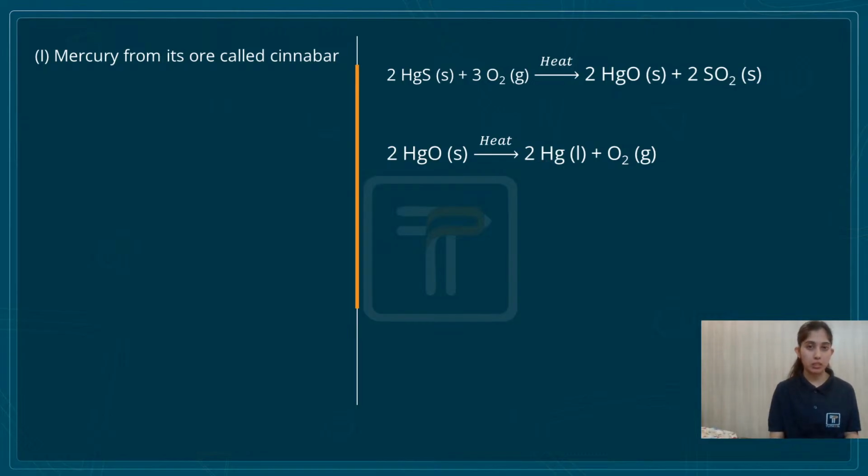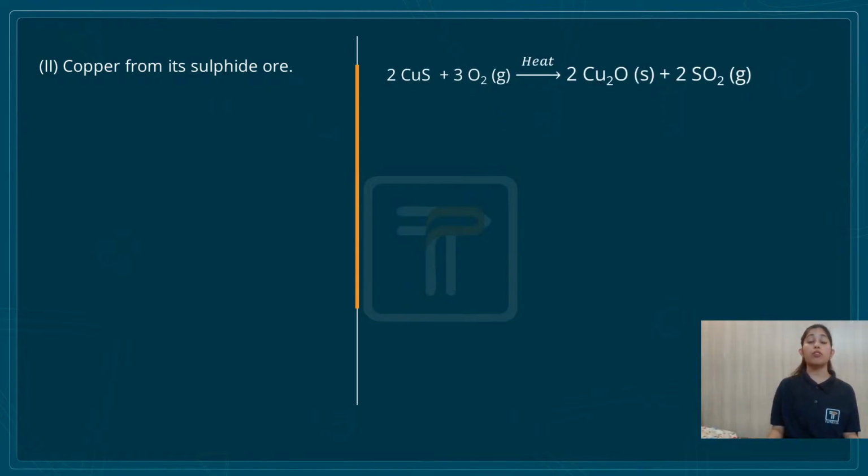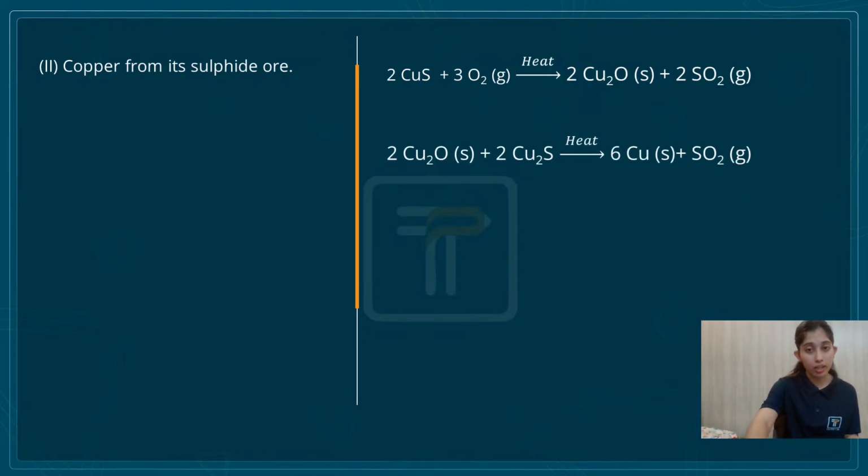Okay, you have to remember this one. Now, next one: copper from its sulfide ore. Again, this extraction of copper takes place in the presence of oxygen, right? So in the presence of oxygen, we get copper oxide and sulfur dioxide gas. Now, this copper oxide again has to combine with copper sulfide to give you copper and sulfur dioxide